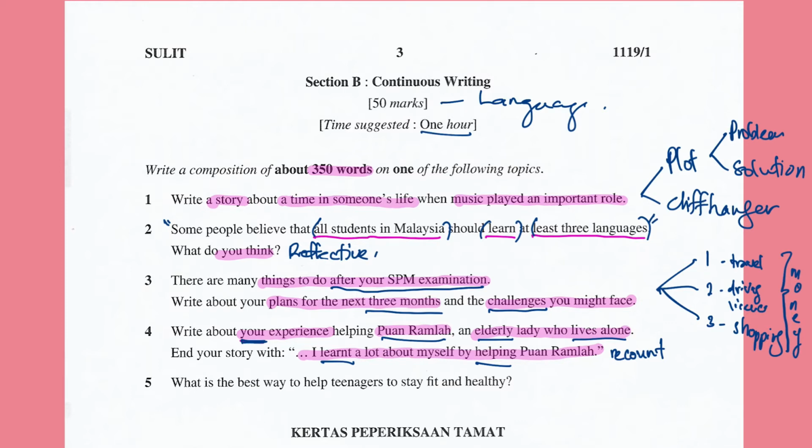You can write about an independent lady, Puan Ramlah, who is a successful businesswoman, and you just help her with her business, maybe with her shop, or with her pet. Maybe she has pets that she suddenly has no time to tend to, and then you help her. You can just be creative and make sure things like this will make your story stand out from